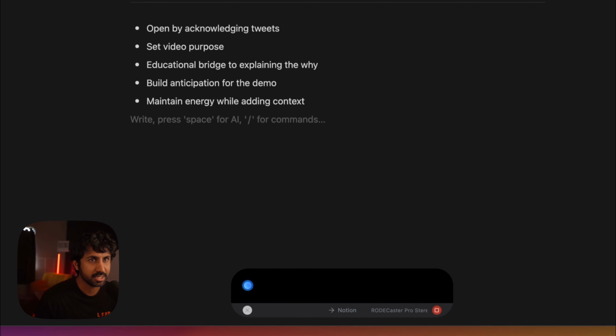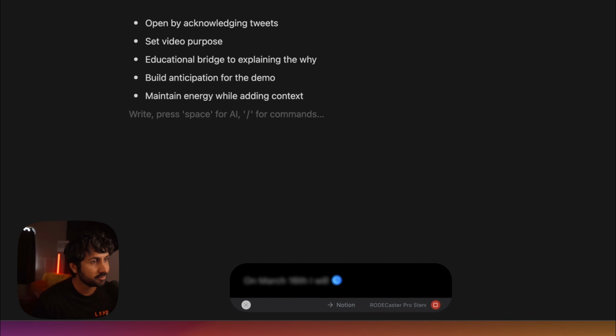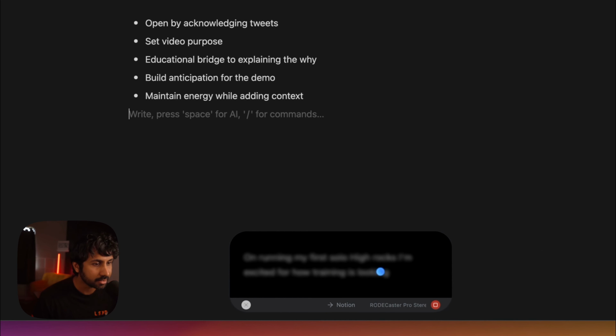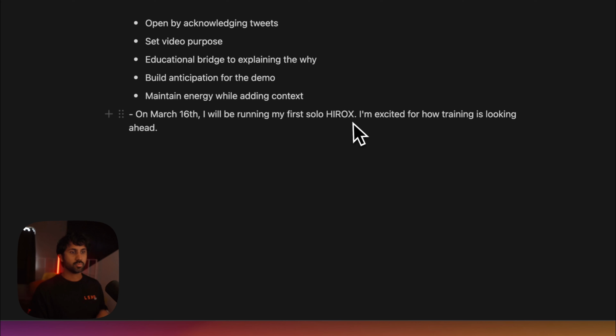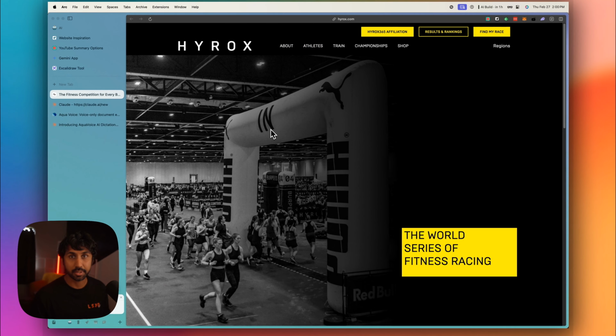On March 16th, I will be running my first solo Hyrox. I'm excited for how the training is looking ahead. It seems like I might have used it in the past, so it picked up something slightly out of context, so it doesn't really have it misspelled. Hyrox up here, and we can look at the screen for the deep context, because when I bring this voice up,